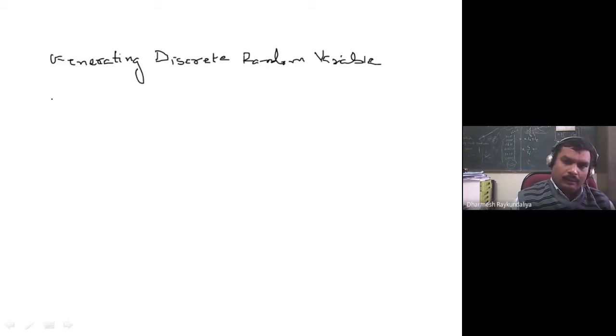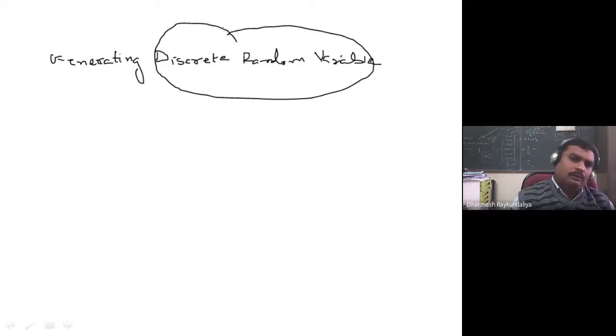Now here we will look at the generation of random variables from a discrete distribution, that is, I wish to generate a discrete random variable. Of course, one of the standard methods is the inversion method. So the first method is the inverse transformation method, and second is the acceptance-rejection method. Those are the two methods we will see. First we talk about the inverse transformation method.